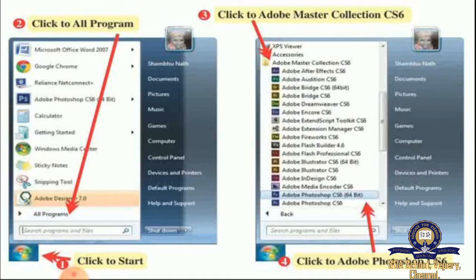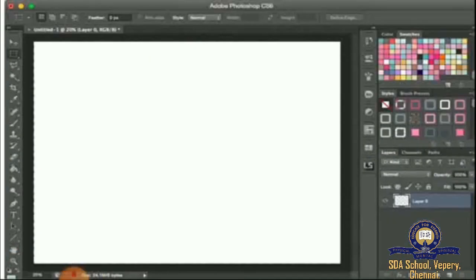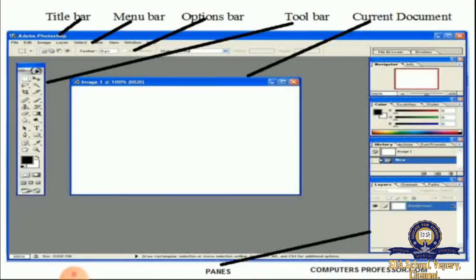Select your collection. This is the Adobe Photoshop application window. There are several editing tools used in Photoshop: toolbar, options bar, menu bar, title bar, current document and panels.